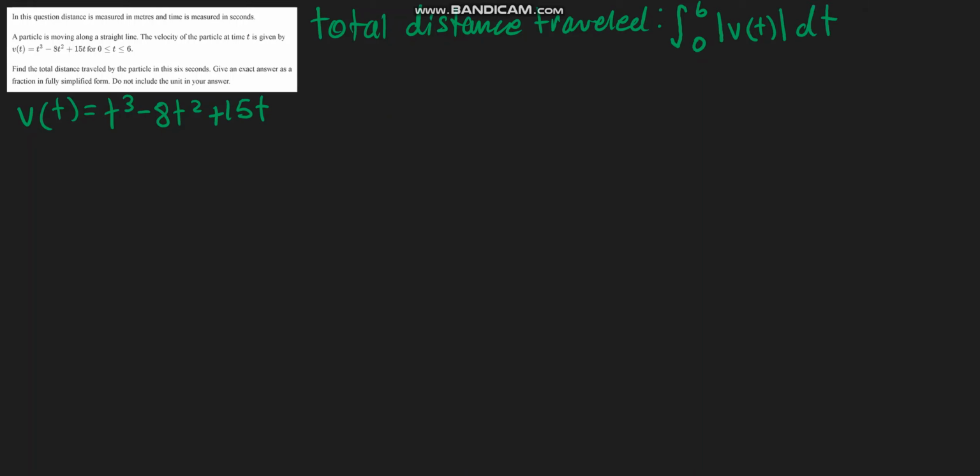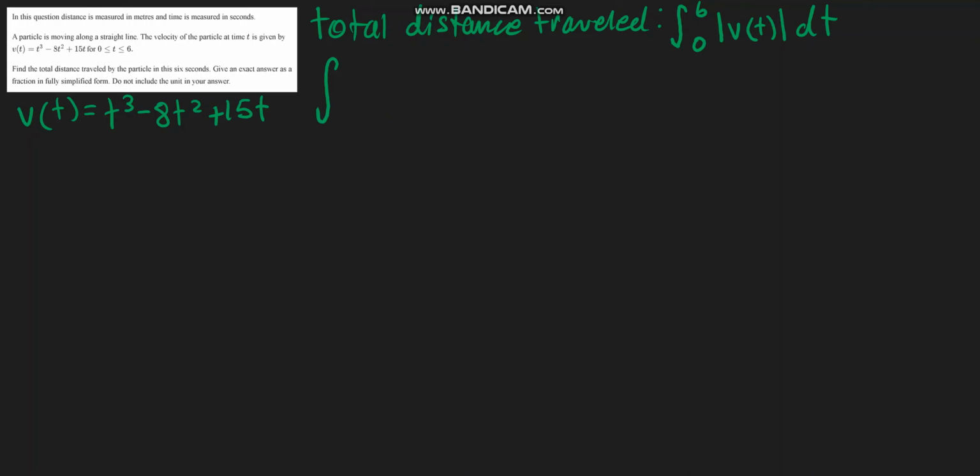Since this is a no calculator problem, we will have to be doing a lot of calculations with our brains today. So our total formula we'll be using will be